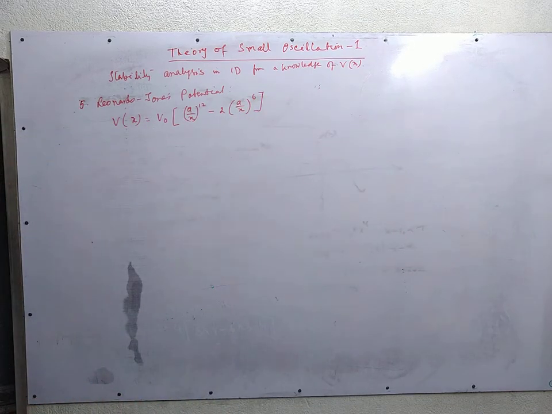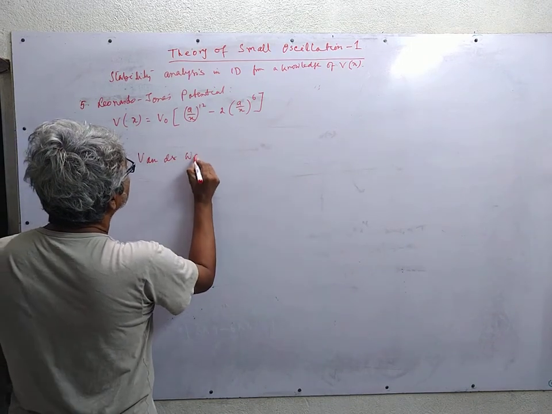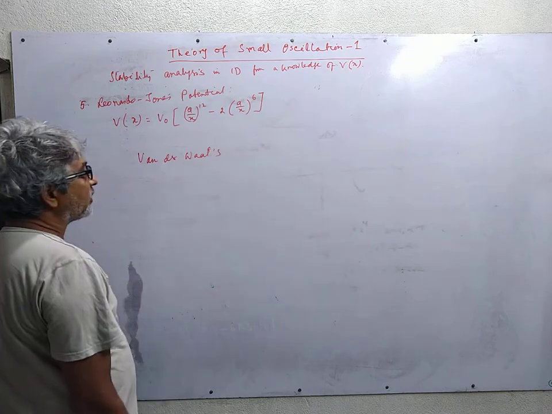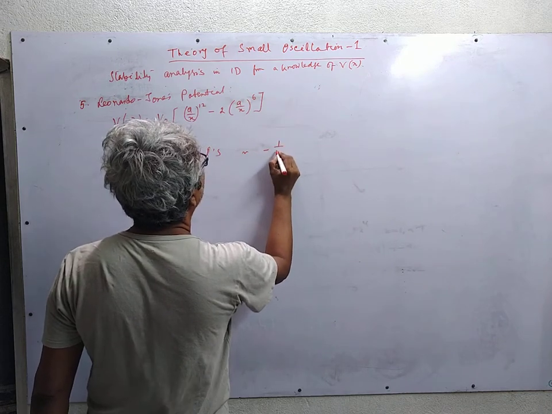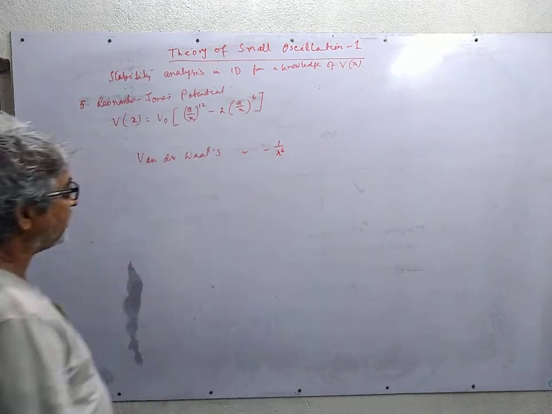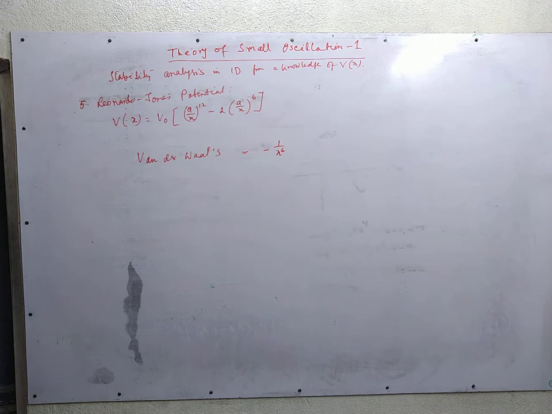Let me first say a few words about the physical occurrence of this. We have heard that when two neutral atoms interact with each other, the long range potential is the van der Waals potential. The van der Waals potential is the long range potential, which is an attractive potential, goes as x to the power 6. This is the van der Waals part of the potential, and it is always attractive, but